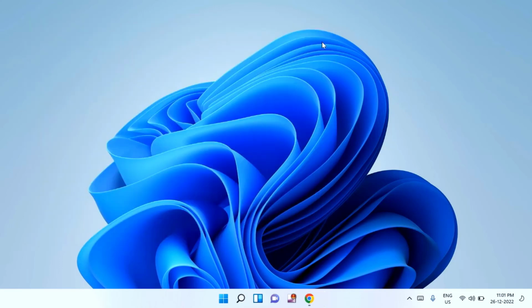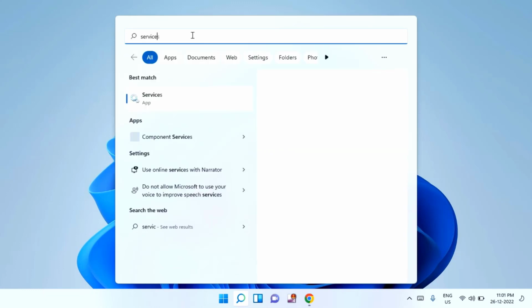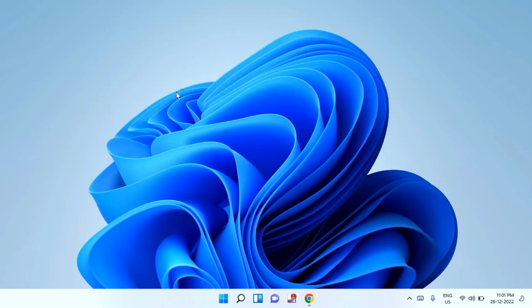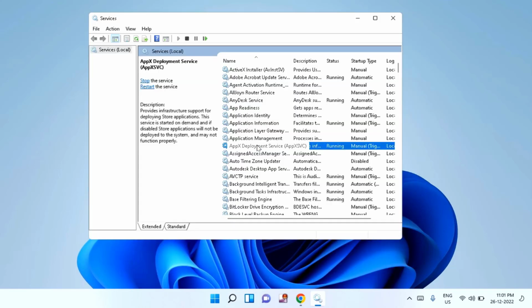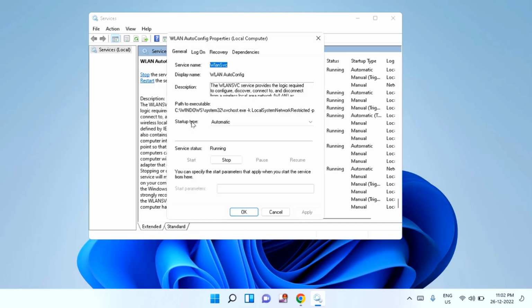After doing this, try the second method. Just click on the search box and type services.msc and click on services. In this you need to find WLAN. You can see here WLAN auto config. Just right click on that, click on properties. You can see a startup type. If it is selected as disable or manual, you need to just select as automatic